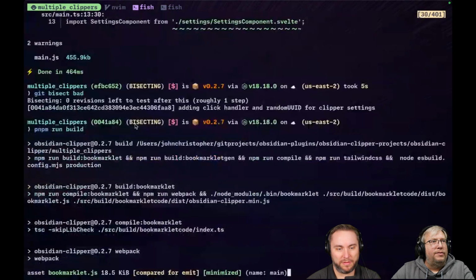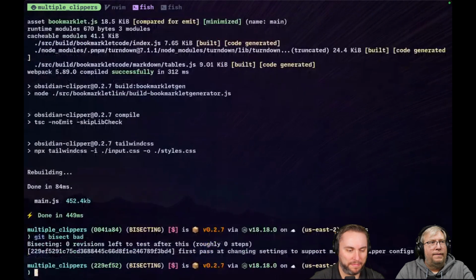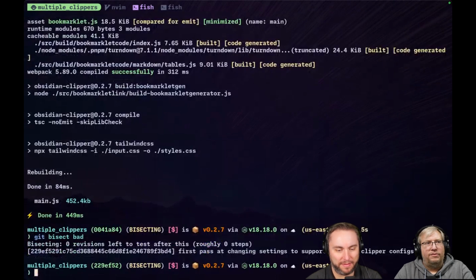Where were we? Git bisect bad. It says roughly one step remaining. 0 revisions left to test. Oh, one step. Oh, so we're just gonna say git bisect bad again. You're probably right. Okay, 0 revisions. So yeah, this was literally the first commit. First pass at changing settings to support multiple Clipper configs. All right, so